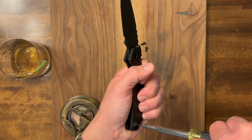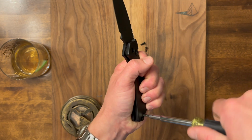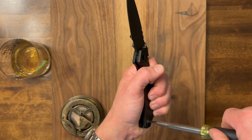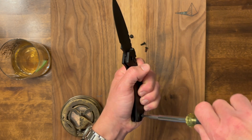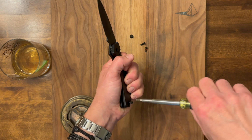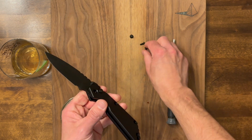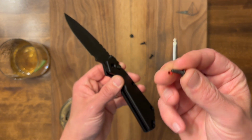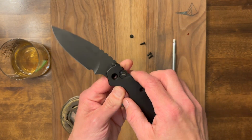I've worked on my other SNG several times, and I'm very comfortable with it now, and I understand the mechanisms. There are some things that can be quite fickle, and we'll get into that. So as I said, these are all T10s all around. Not complicated to get the screws out here. There is some kind of red Loctite, but it's not the kind that locks permanently,